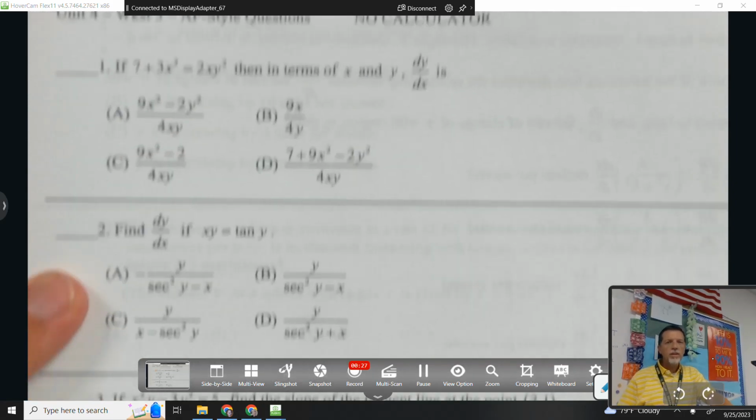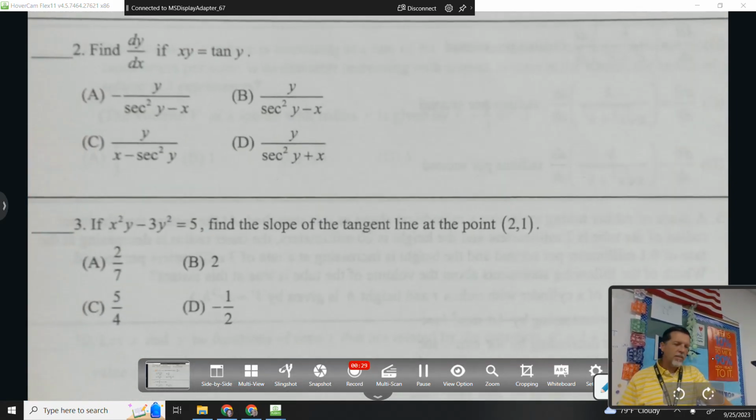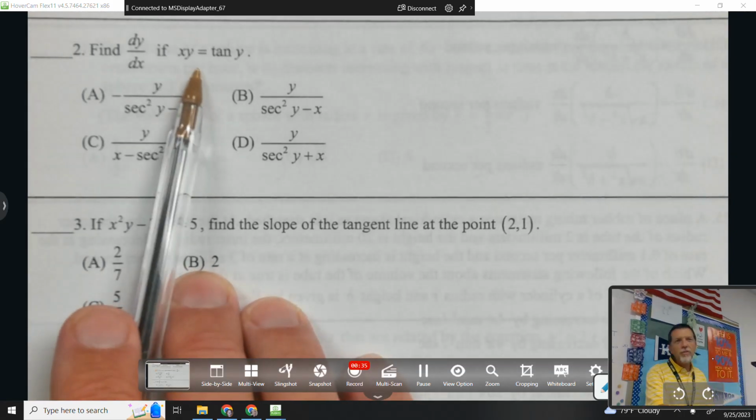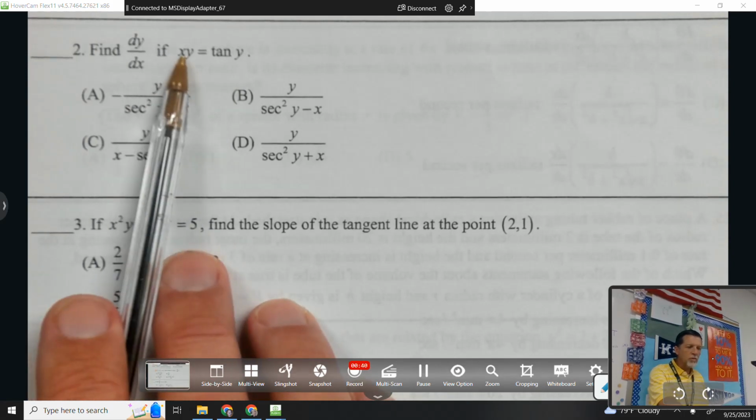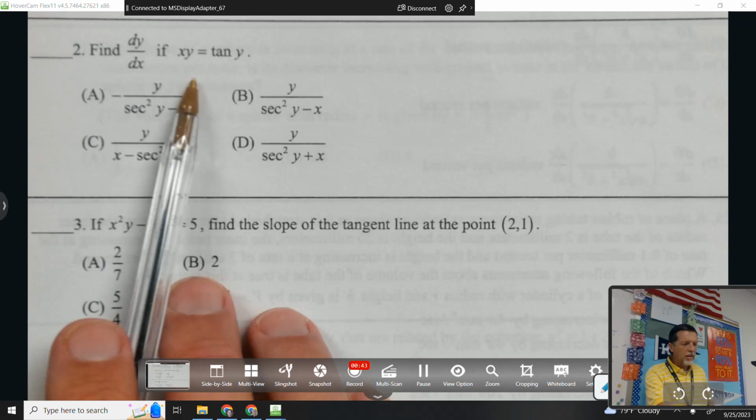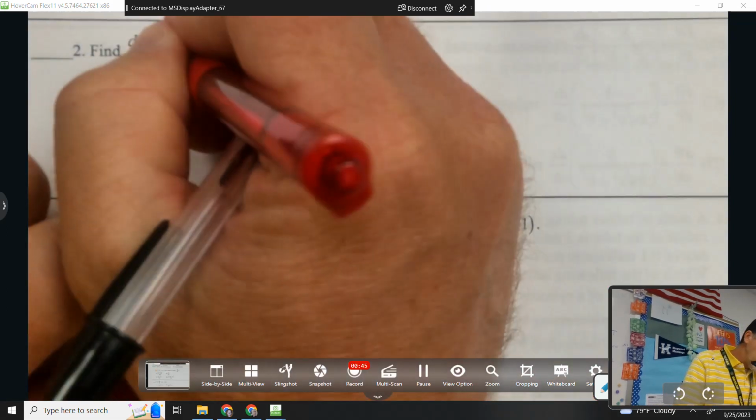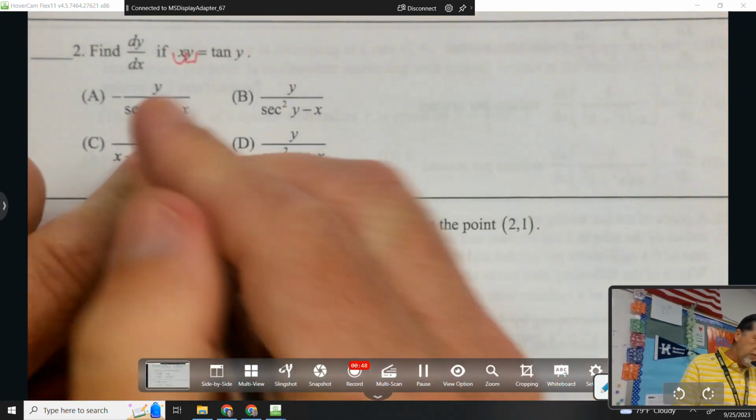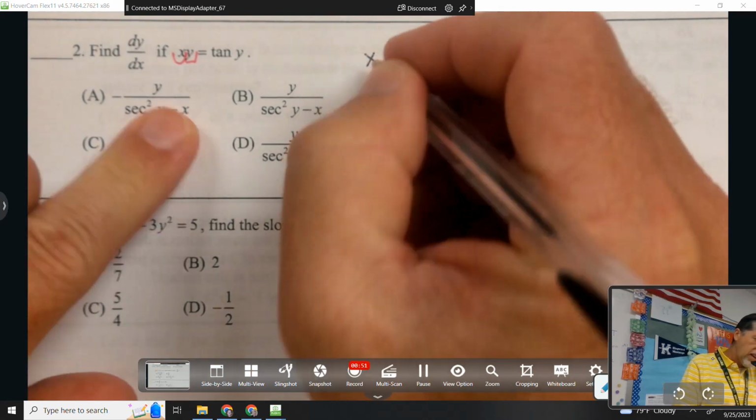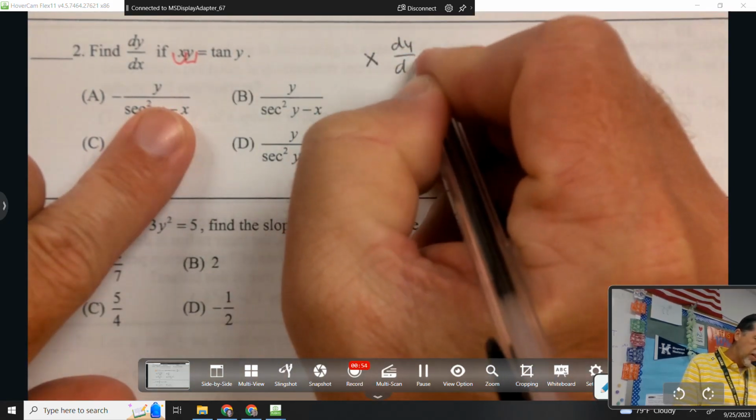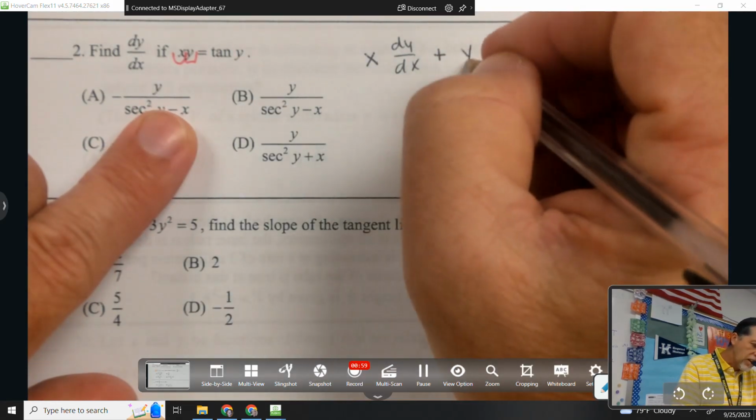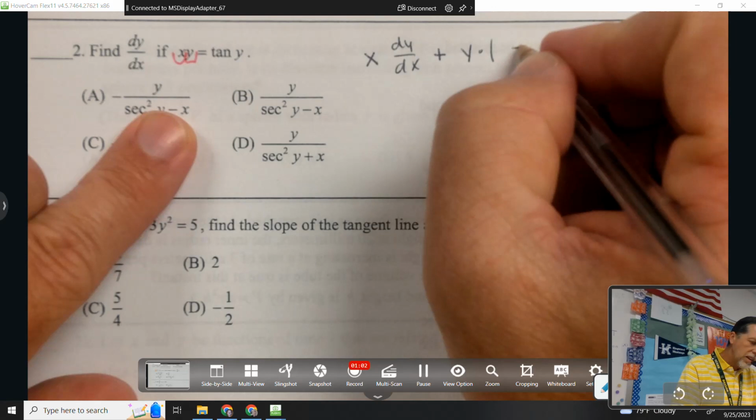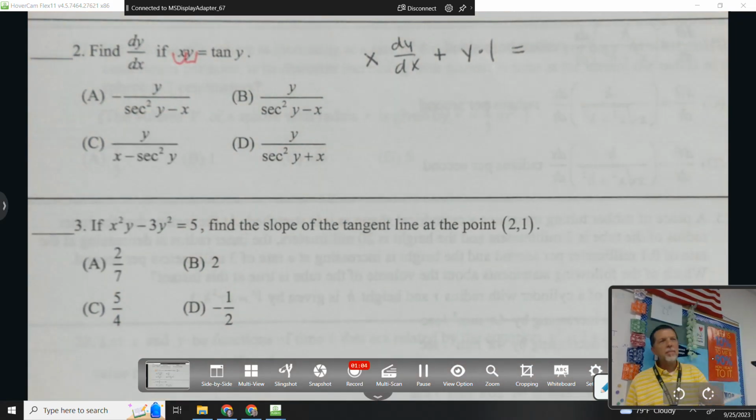Okay, so let's do number 2. Find dy dx if xy equals tangent of y. All right, this is about as straightforward of a problem as we'll get on this test. A little bit of product rule, a little bit of trig going on, but fairly straightforward. So first times derivative of the second, x times dy dx, plus second times derivative of the first, y times 1, equals,